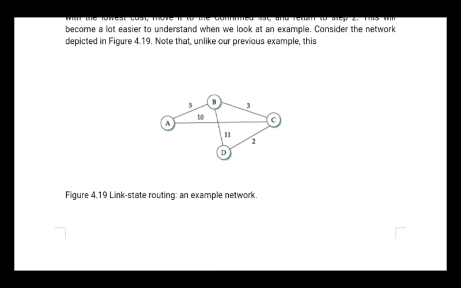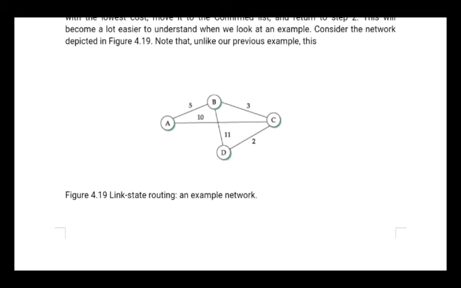Next, when C's link state is received, it comes to know that C can reach B at the cost of 3. Then what is it going to do? It is going to recalculate that D can reach B at the cost of 5 through which node? Through C. D can reach B at the cost of 5 through C.